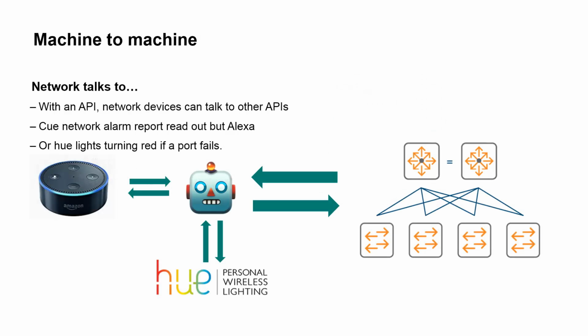Now, the other thing that's very interesting is that kind of ecosystem of applications using APIs, okay? So you have all these other devices with REST APIs as well. So you can think, hang on a minute, I could get a network device to talk to things like the Amazon or the Google Home, you know, Alexa. You can have the Philips Hue turning red. A colleague of mine has already done this, where you get a report off of a device, a kind of critical failure, and then a red light appears.